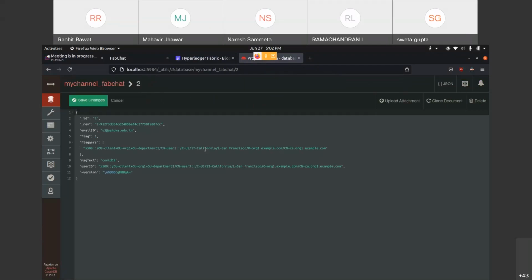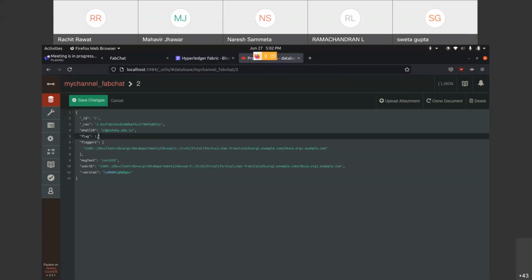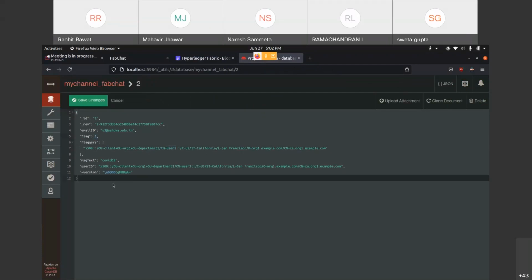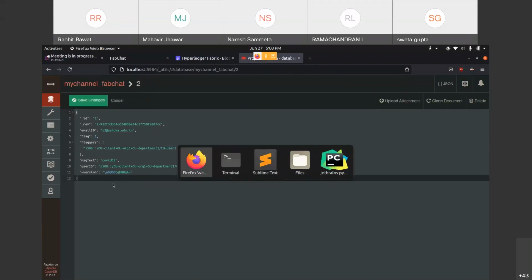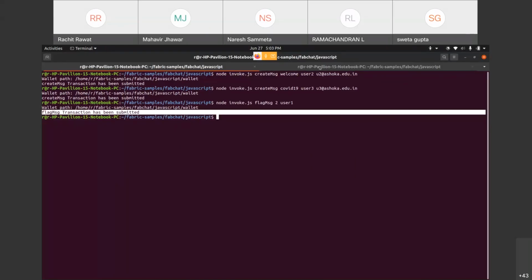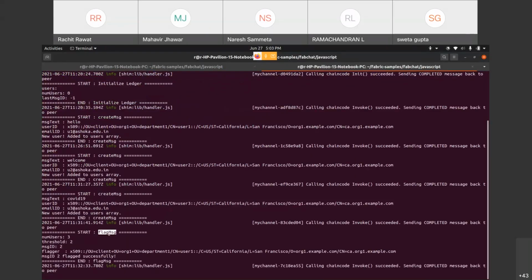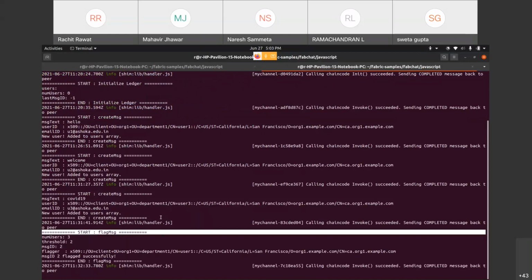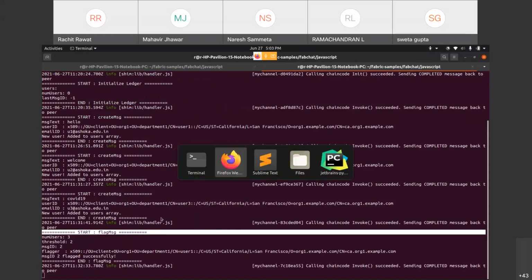Let's go here. As you can see, the flag counter has been increased, and the user ID of the flagger is put in the flaggers array. Similarly, in the chaincode log, we have this flag message transaction invoked. So let's see what it does.